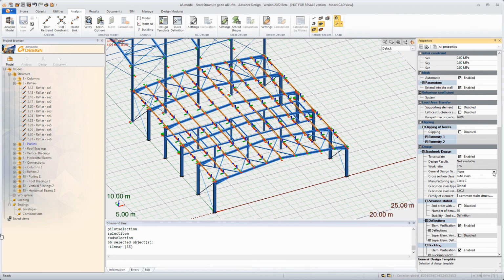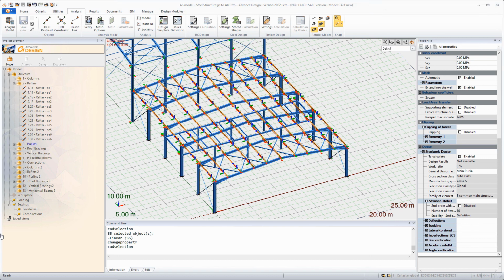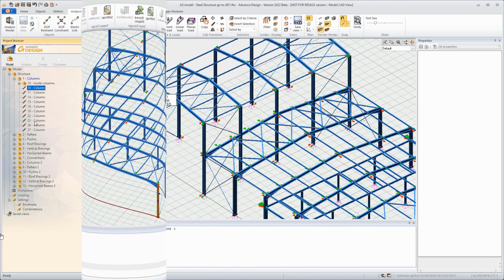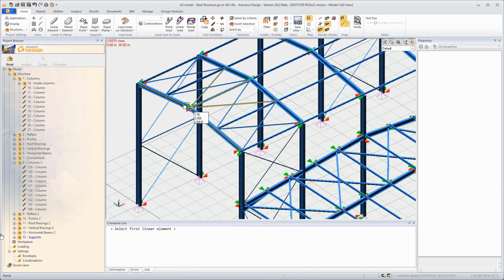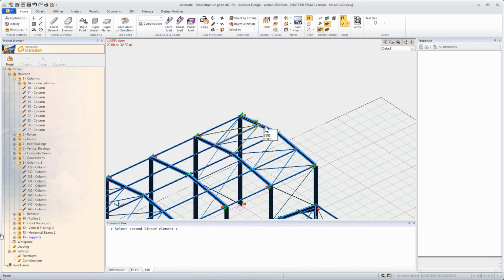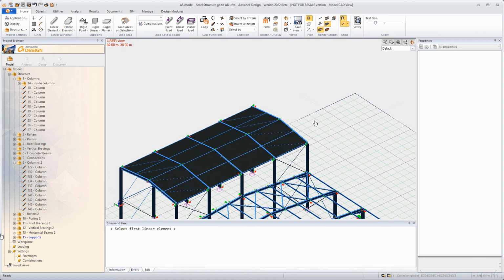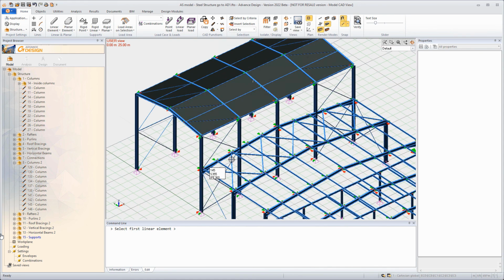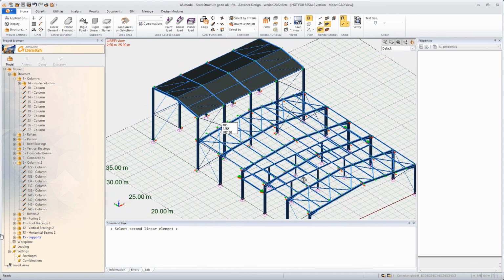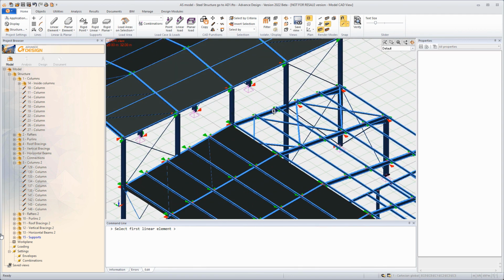So here we defined the design properties for the rafters in this model. We did the same for purlins and for columns. And it will be possible now to select steel members to define load areas. So the load area is also a command part of the Advanced Design software.